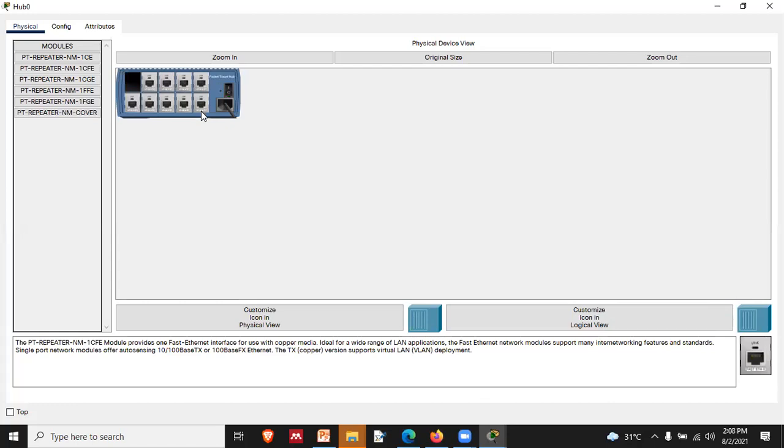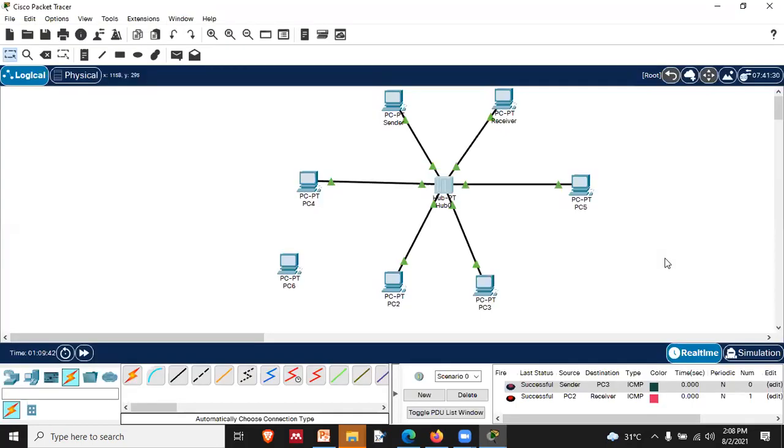Initially it had only 6 ports and we have tested them. Now for the 7th one, there was no port, right? So the solution is that we have to install more modules in the remaining space. Once that is done, now you can see that I could connect with port number 6, right?